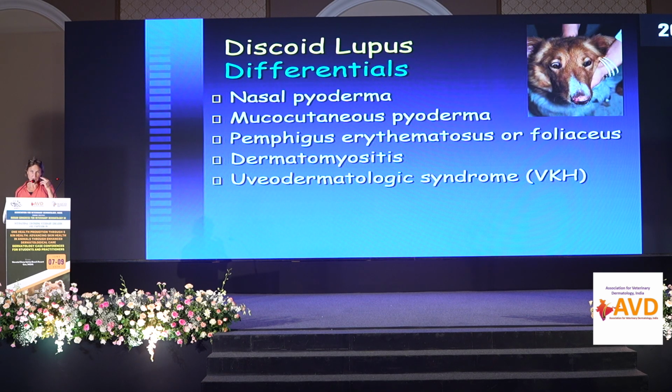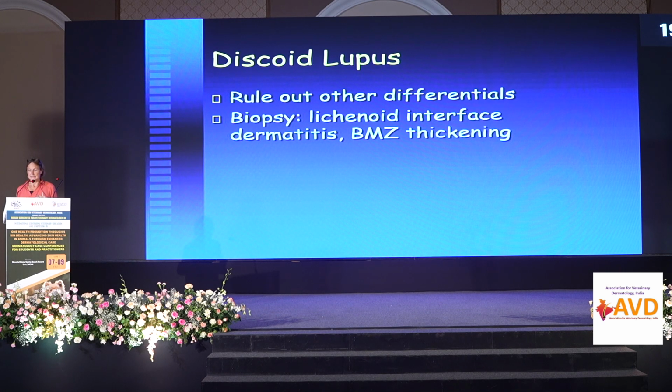If you have ocular disease, definitely VKH is your top differential. If you have a collie, think about dermatomyositis as a possible differential diagnosis. How do you go about it? Biopsy. Regardless of what you have on your list, once you've done your cytology, you end up biopsying all these